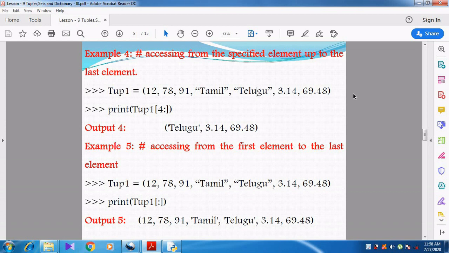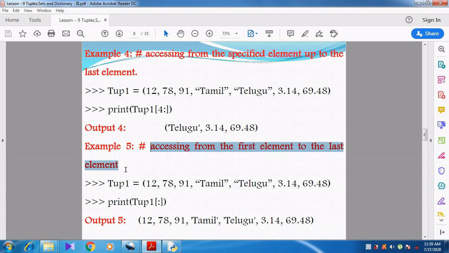All the elements will be printed, because here no ending element is given. The end position is not yet given. So it prints from Telugu up to the last element, 69.48. You can see the output: Telugu, 3, 3.14, 69.48. Right? So here the ending position is not yet specified.